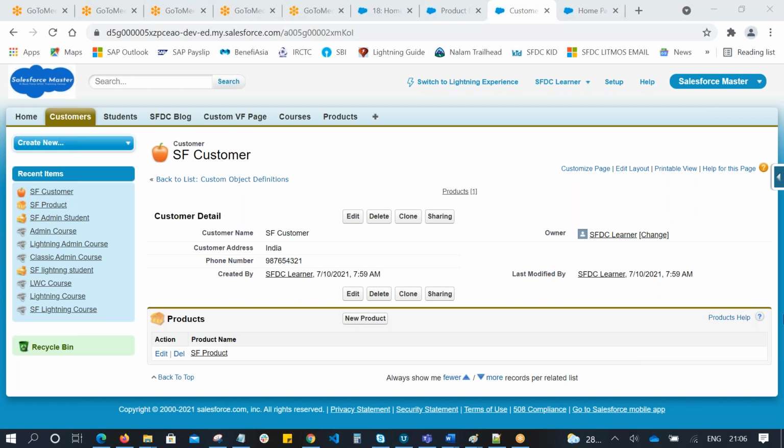How to change the position of tabs in the Lightning version? Let me show you.